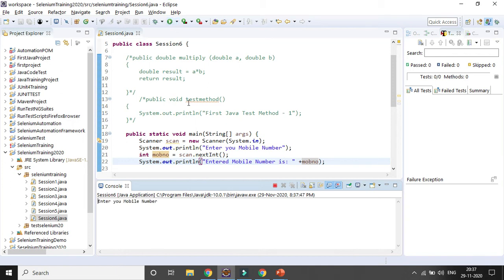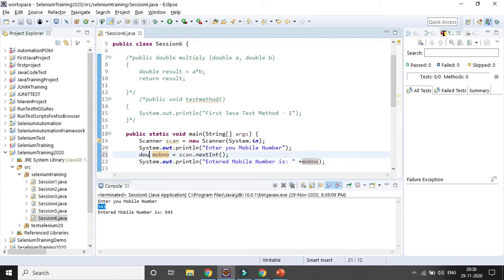And if you want to enter a 10 digit mobile number, enter your mobile number. Let's close. Okay, let's run it once more. Okay, now let's run the code. Enter your mobile number. I want to give only 3 digits, because it should match with integer. If you press here, you can see the number is coming, but if you enter 10 digits, you should change it to double, right? So the data type will be double here.